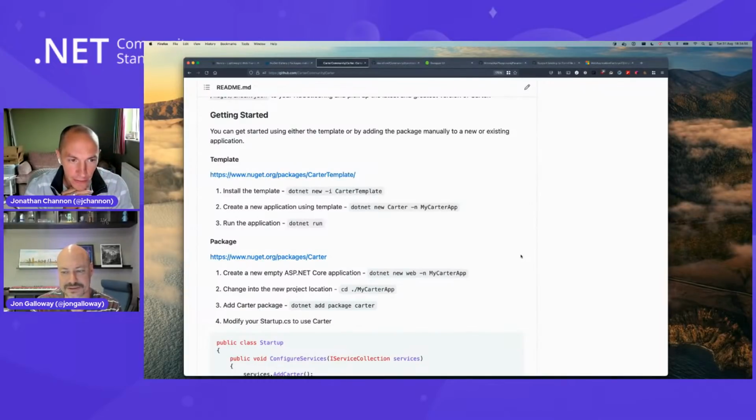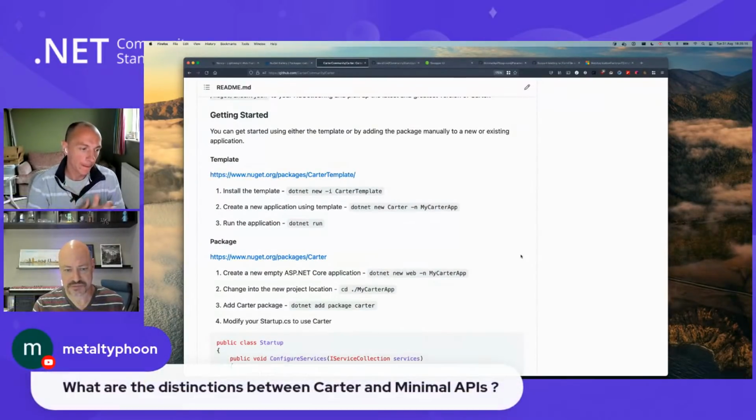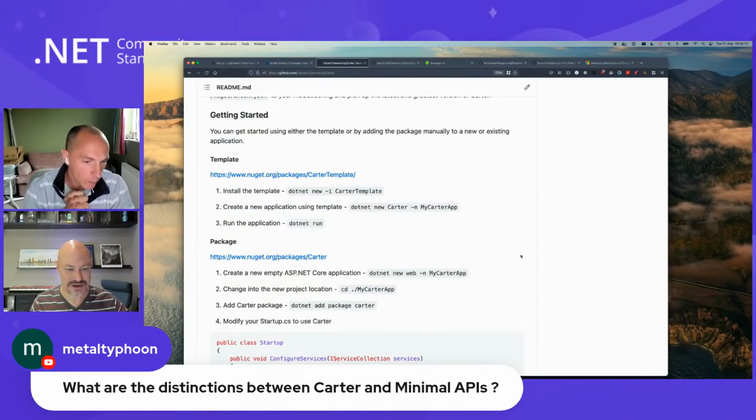actually the .NET 6 minimal APIs has had quite an impact on Carter, mainly because a lot of the functionality in Carter is now in minimal hosting APIs. Well, and so that's a good transition, because a few people are saying like, okay, so what does Carter do?